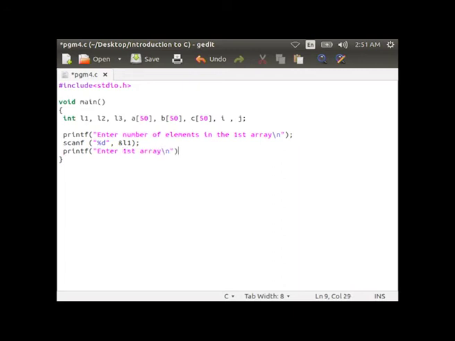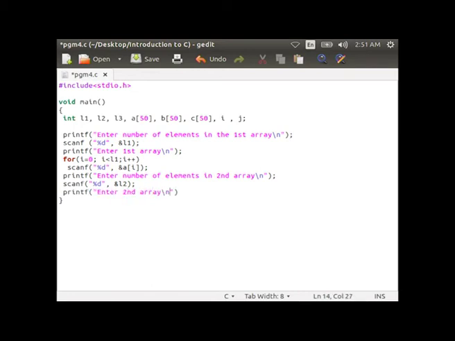for I equal to 0, I less than I1, I plus plus. Scanf, percentage %d ampersand sign A of I. Printf, enter number of elements in second array, then scanf, percentage %d ampersand sign I2, then printf, enter second array for I equal to 0, I less than I2, I plus plus.